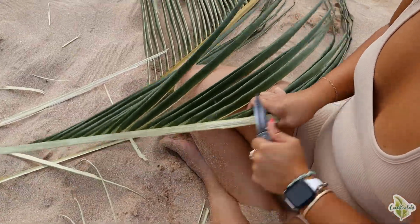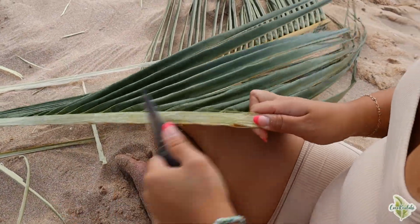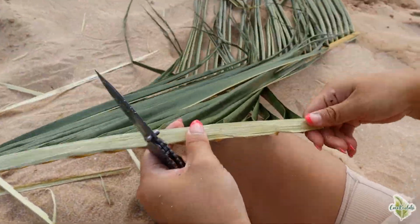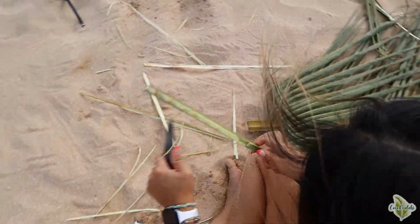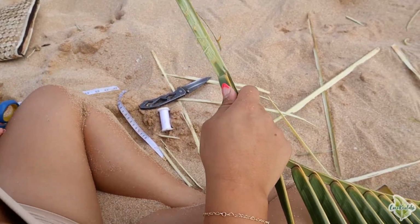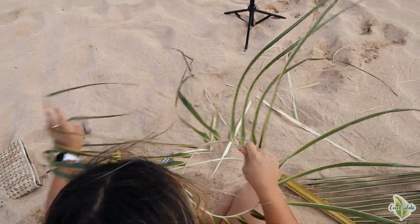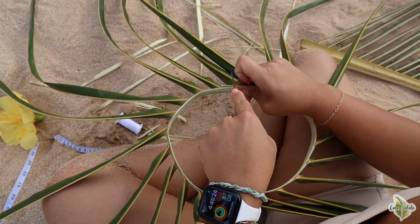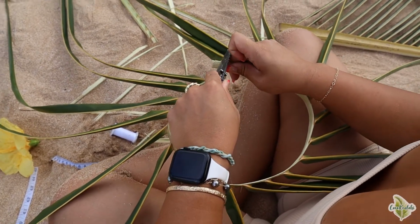Coconut fronds are the best to use and pretty much the only material that I use to weave hats, mainly because coconut fronds have that yellow spine on the other side right there, and that yellow spine helps keep your hat, kind of gives it shape. So I pretty much shave the entire inside of the frond so that it's pliable enough to turn it into this circle. Here I am creating these two tiny little notches